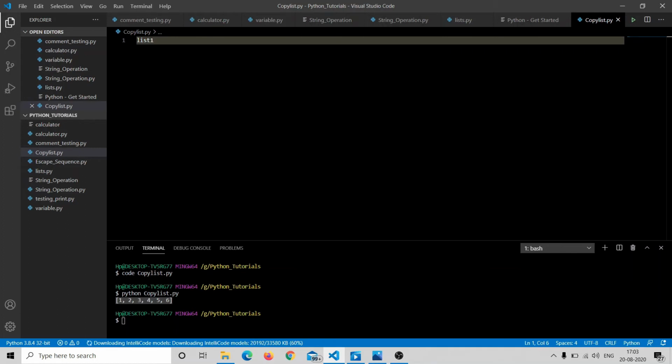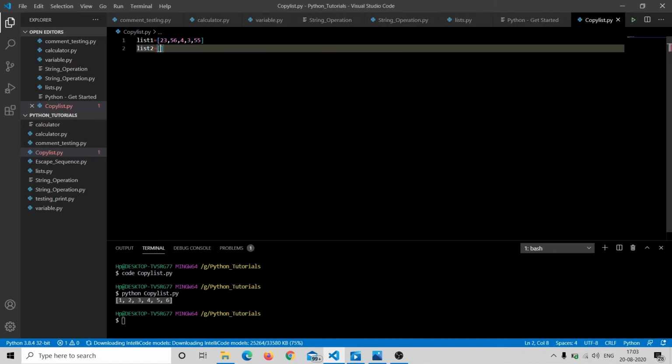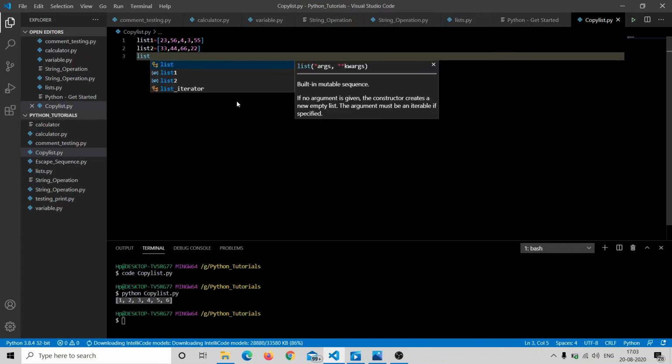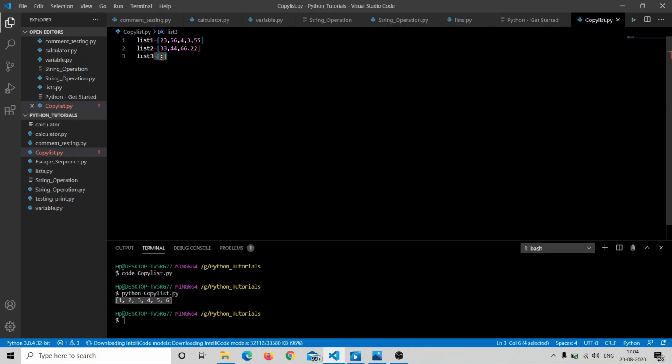List 1 equals 2, 3, 5, 6, and now I'll make a variable list 2 which contains this value. Now I'll create the next variable list 3 and I'll omit both the starting and the ending value, and this is known as a full slice. This thing is known as a full slice.